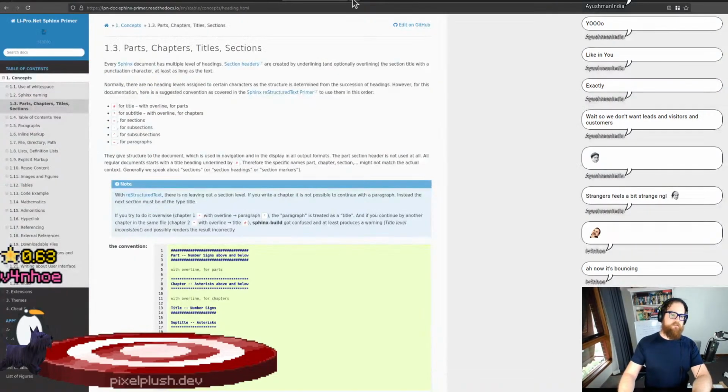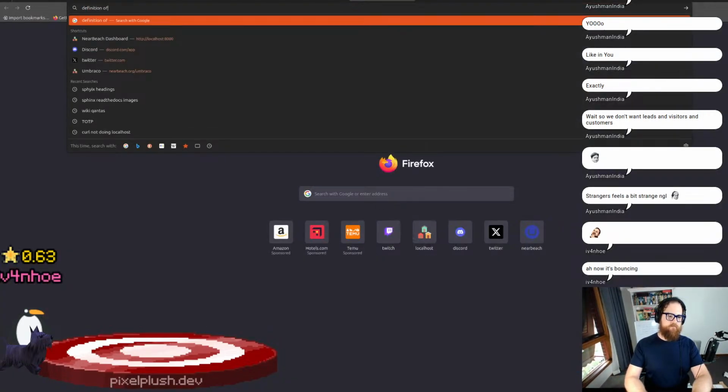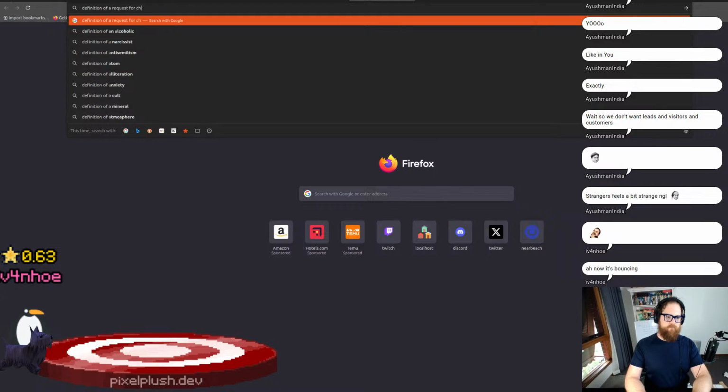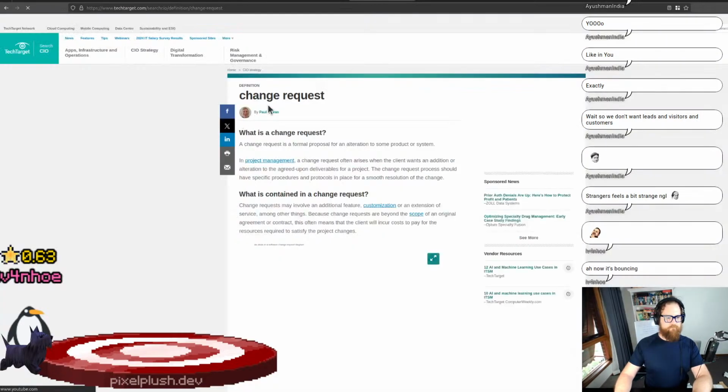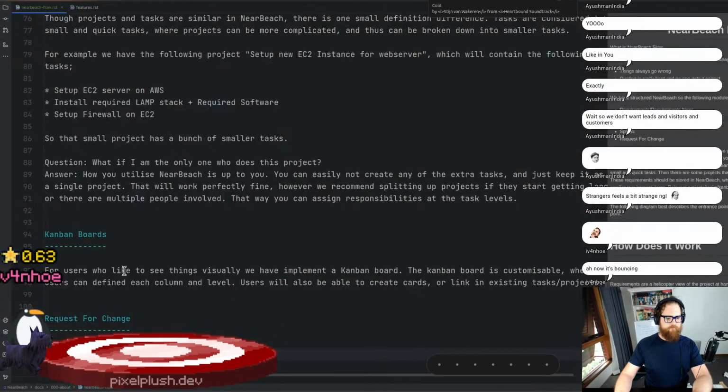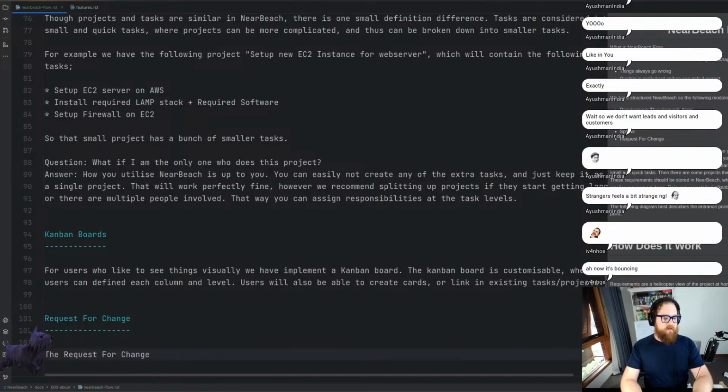And then requests for change. A request for change. Sorry, that's the wind. The request for change module in NearBeach is designed to